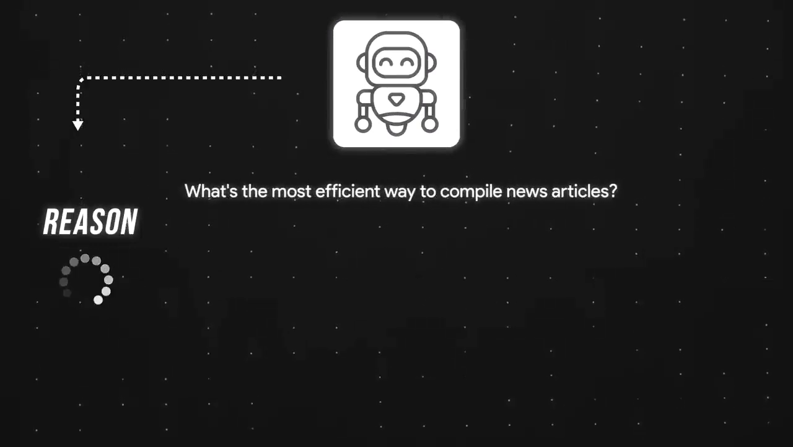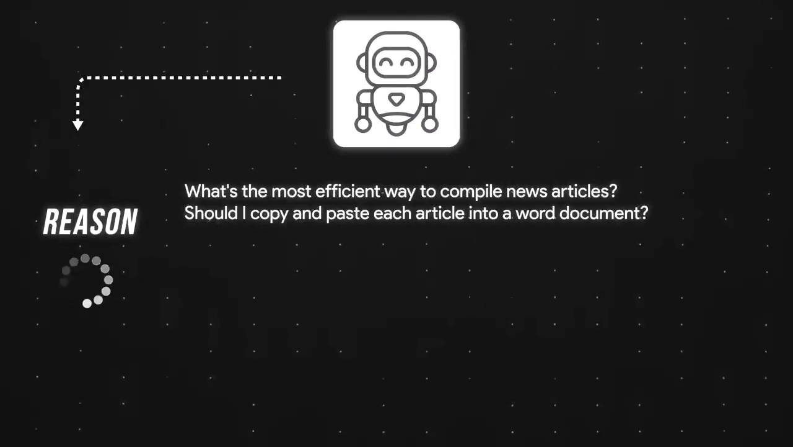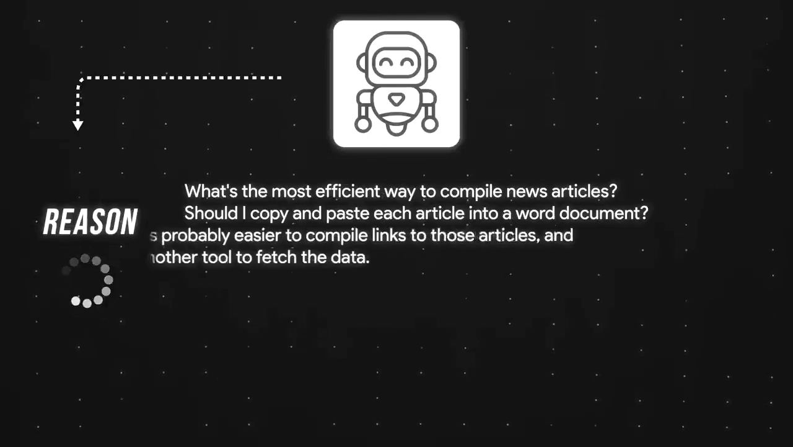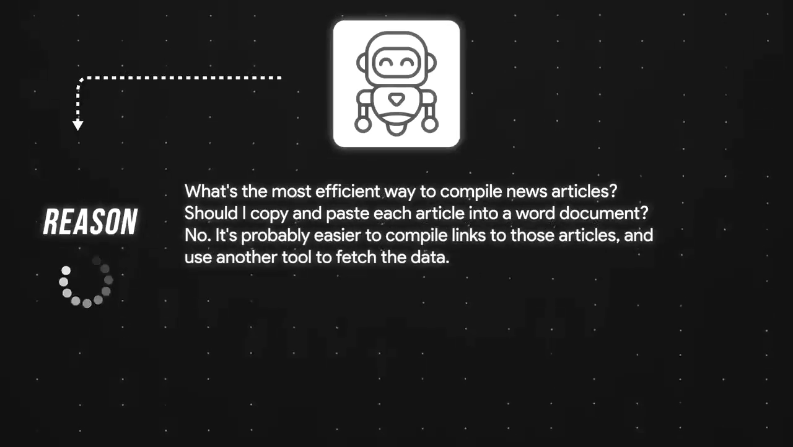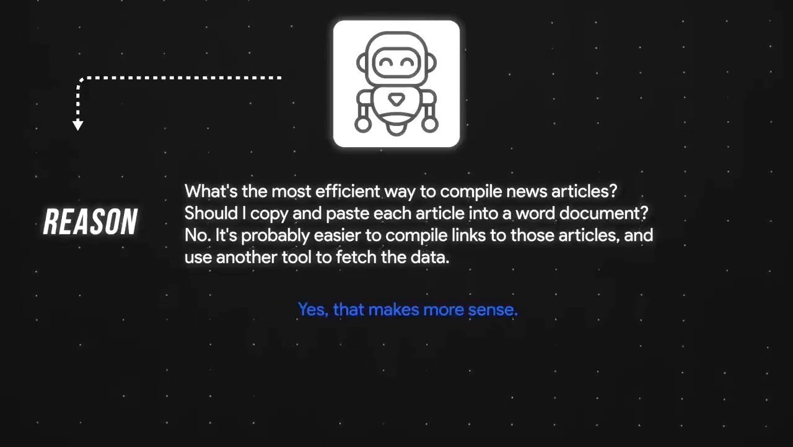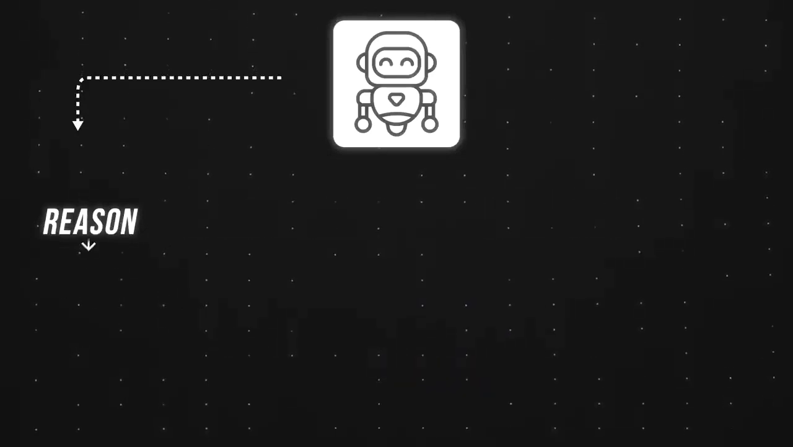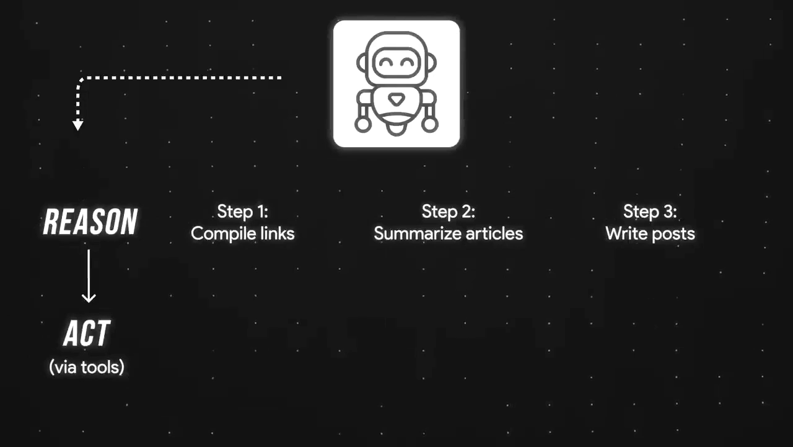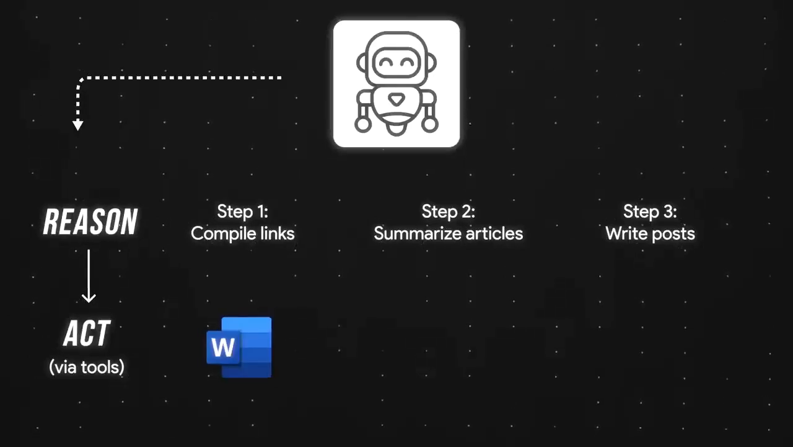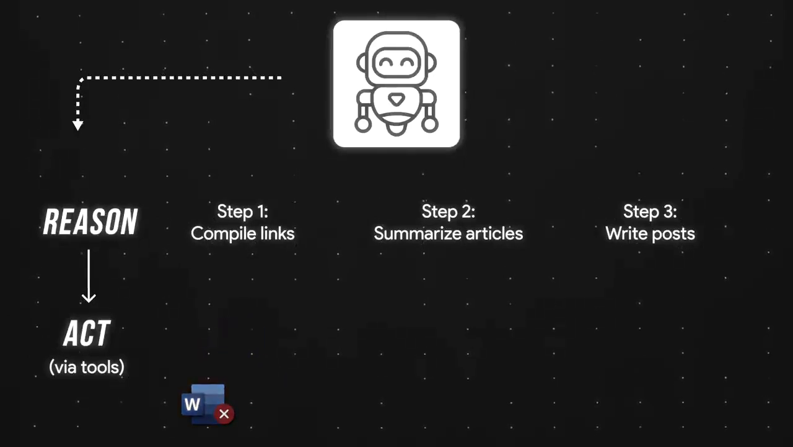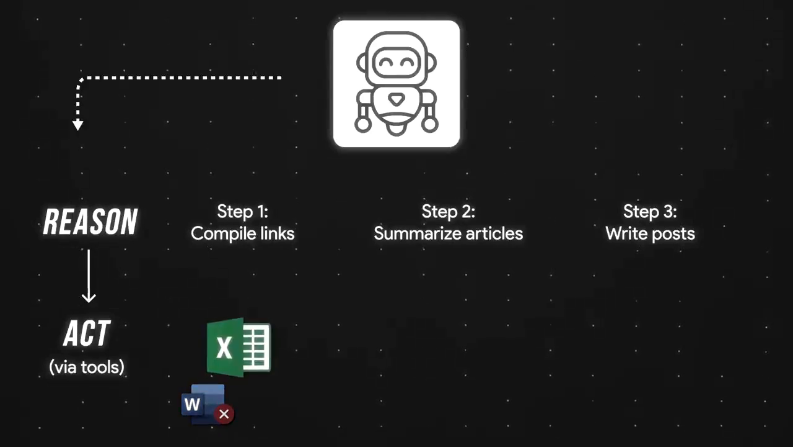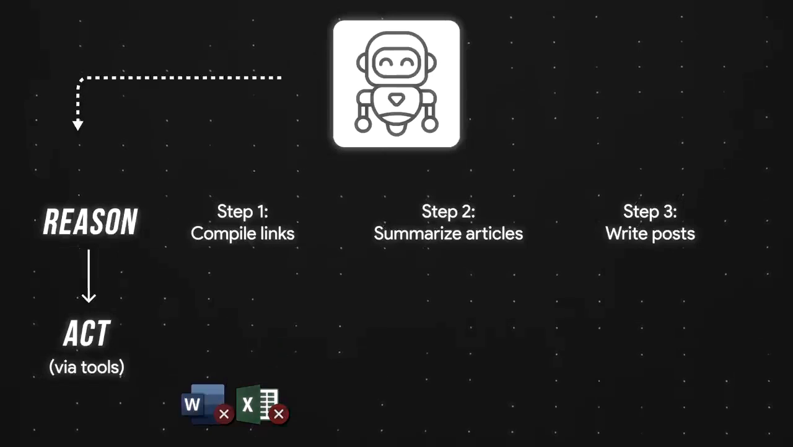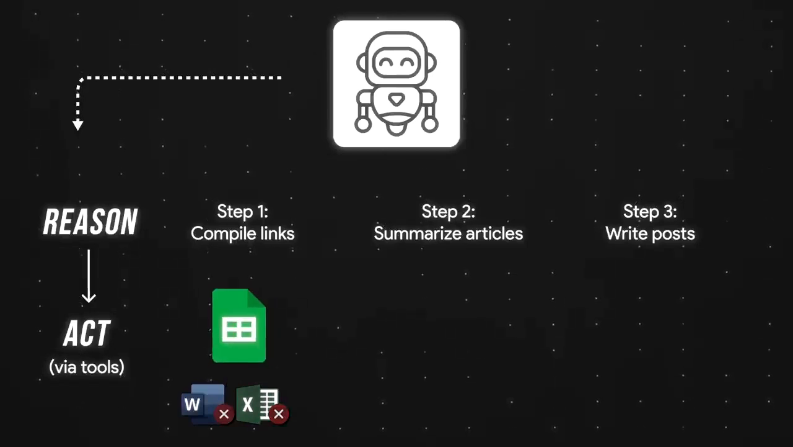What's the most efficient way to compile these news articles? Should I copy and paste each article into a Word document? No, it's probably easier to compile links to those articles and then use another tool to fetch the data. Yes, that makes more sense. The AI agent must act, aka do things via tools. Should I use Microsoft Word to compile links? No, inserting links directly into rows is way more efficient. What about Excel? No, the user has already connected their Google account with Make.com, so Google Sheets is a better